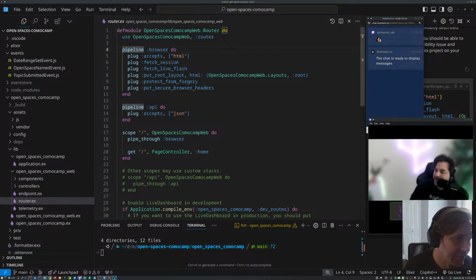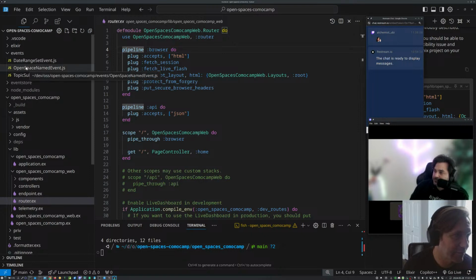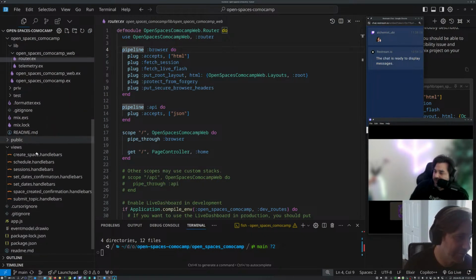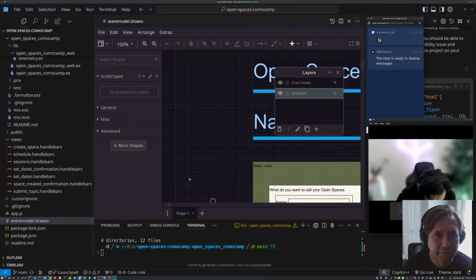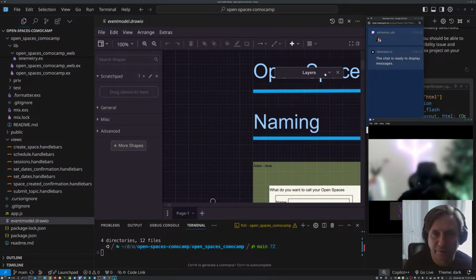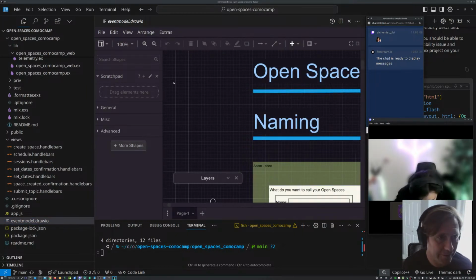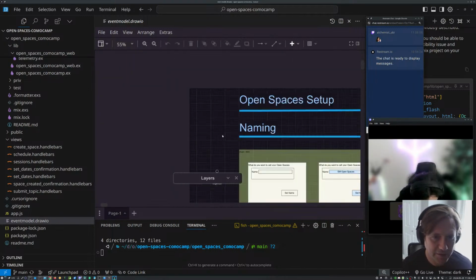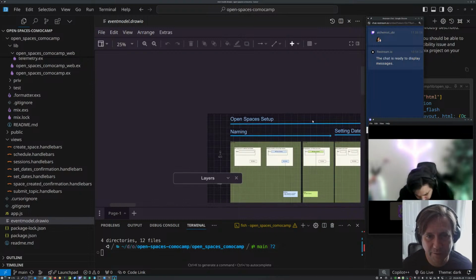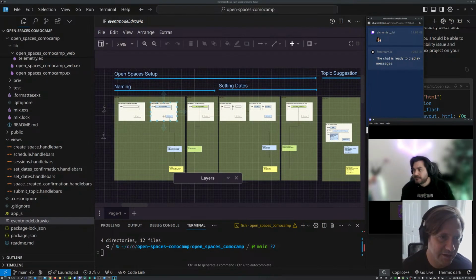Okay. Yeah. So if we go back to our event model here, and let's get rid of this layers thing in the way, and then get rid of these shapes. Kind of like zoom out. Okay, so if we want to make a simple form to set the name, let's make this form.